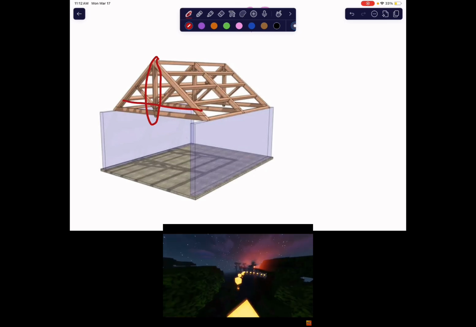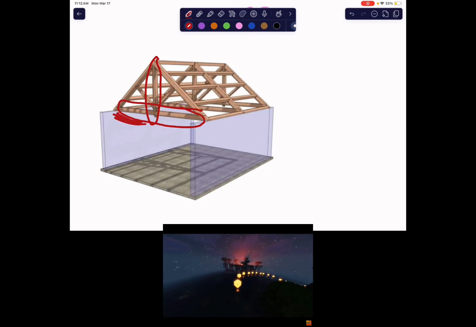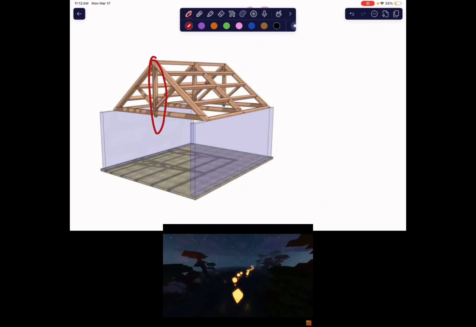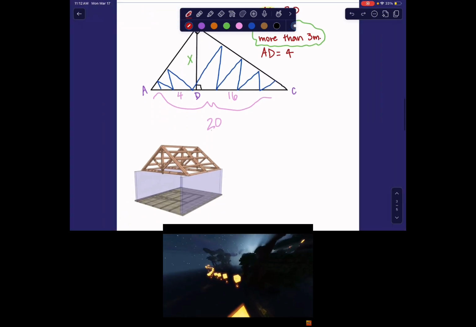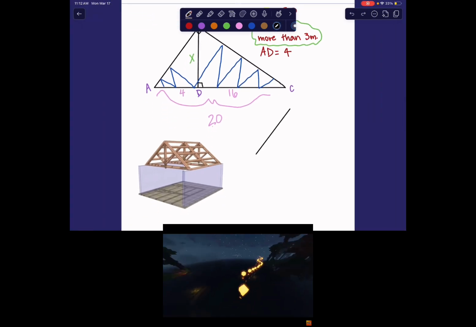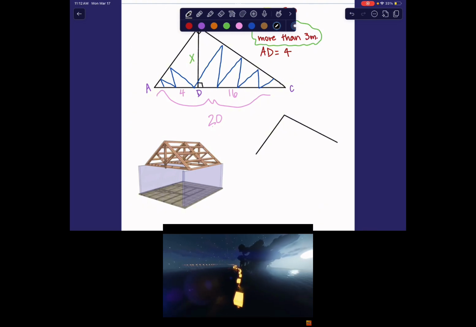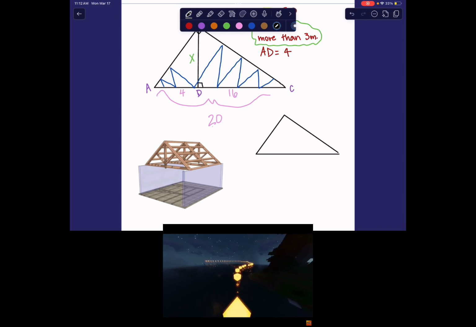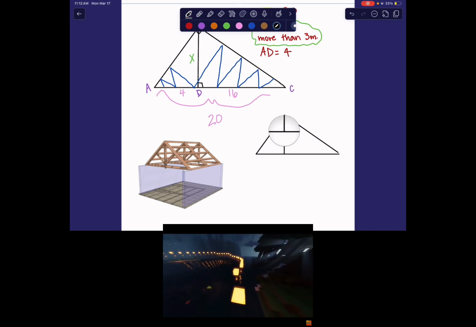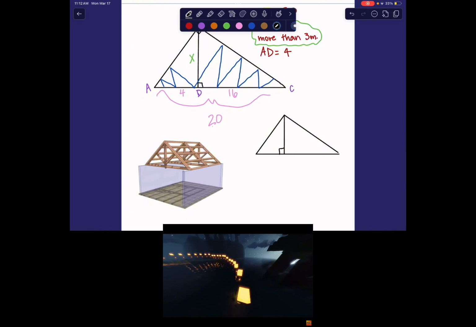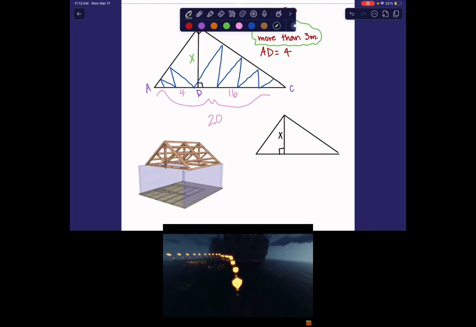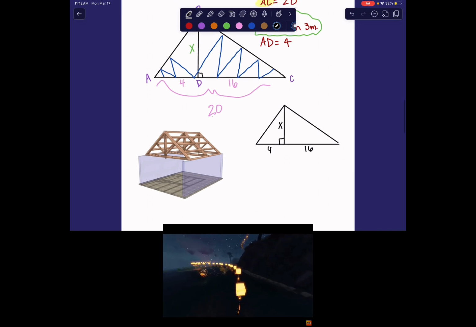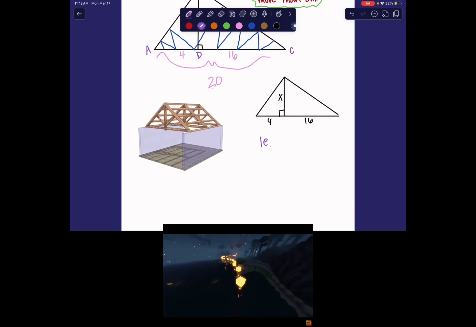And we have these two numbers, right? This was that 4, this was the 16. And we have to find this height. So if we drew it like how we've been seeing triangles, let me see if I can draw this really quickly. Right? So then we do this one here. I might just take all those triangles out of it. Okay, so we had X, right? We're trying to find the truss. 4, 16. At this point, it just becomes like one of our other problems where we had the left,